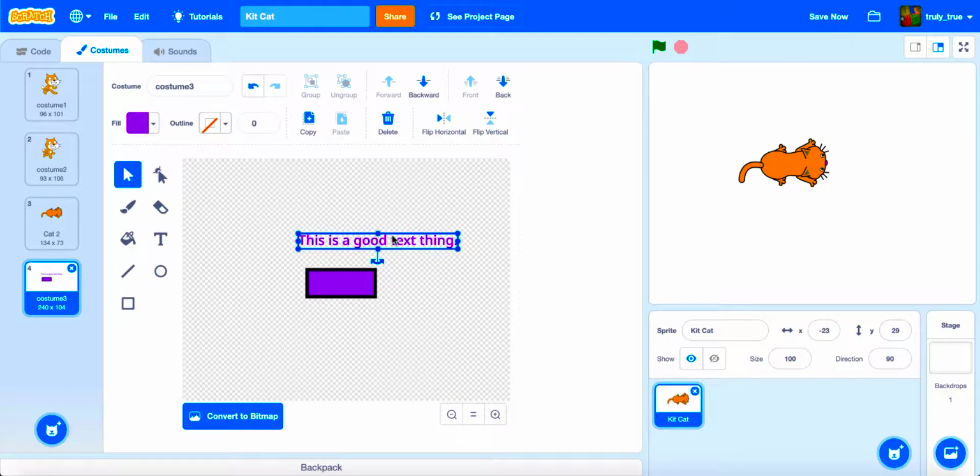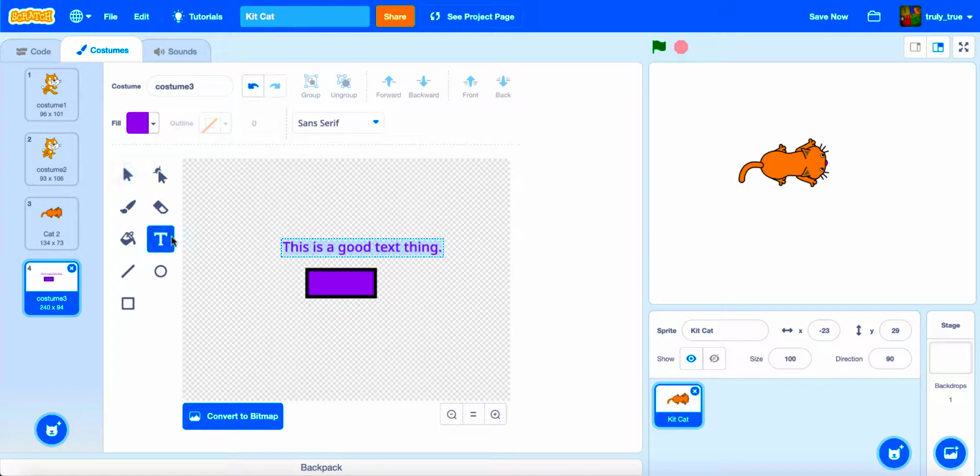Like all other shapes, you can click and drag it to move it around, and you can use these circles to expand it. You can also use this little arrow to change the rotation. Now, what if I want to edit this text? Well, you can do this in Bitmap, but something you can do in vector mode is click the text icon again and click a piece of text, or double click a piece of text. Now you'll notice it'll let me edit it, and instead of this is a good texting, I could change it to